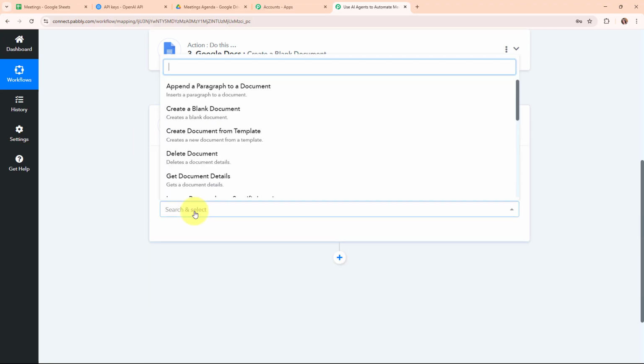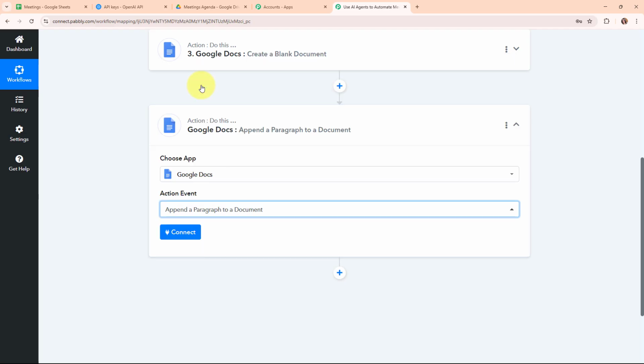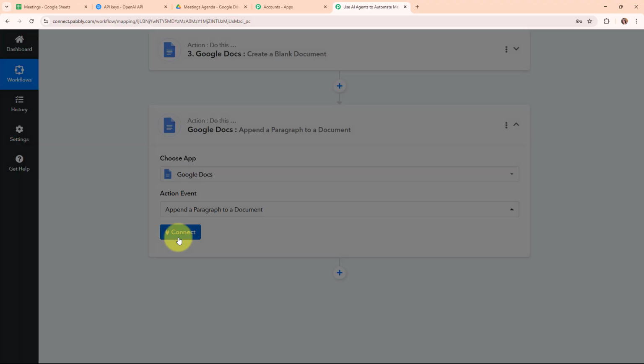And this time, I'm going to select my action event as append a paragraph to a document, so that after creating a blank document, it automatically uses this action event to add the content generated by OpenAI to that particular blank document. Okay, so now again here to connect my Google Docs with Pabbly Connect, I'm going to click on this connect,